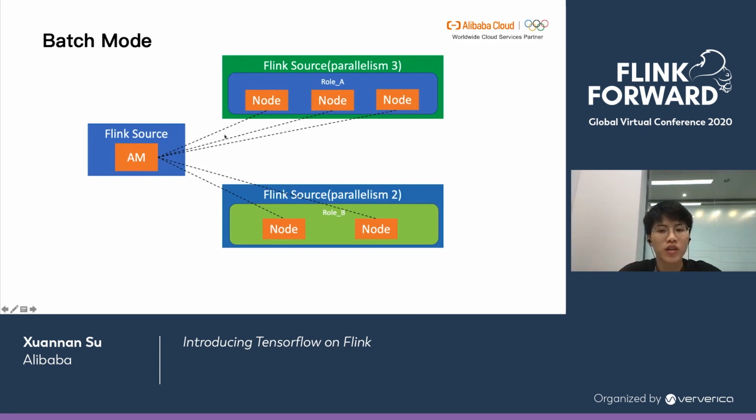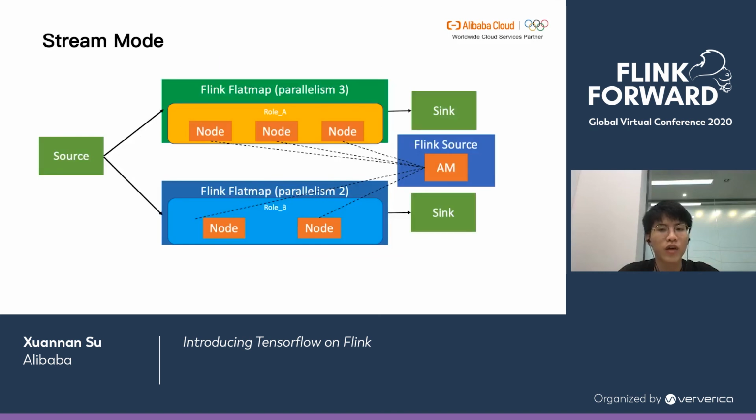In the other case, the machine learning application needs to consume data produced by some upstream operator in Flink. This is the case when feature engineering is done by some upstream operator in Flink, and the machine learning application wants to consume that data without writing it out to an external system, and we name such a case stream mode. As we can see from the graph,